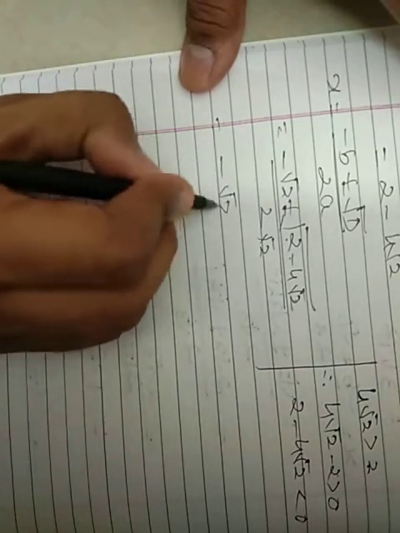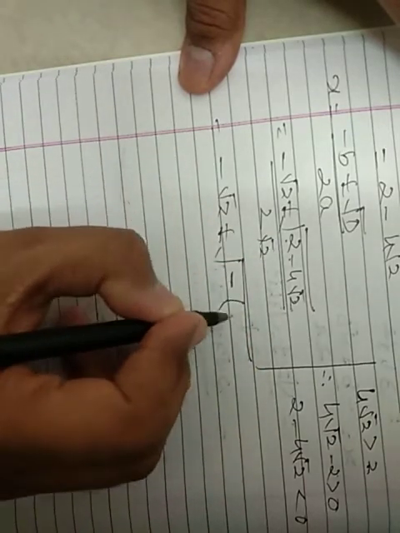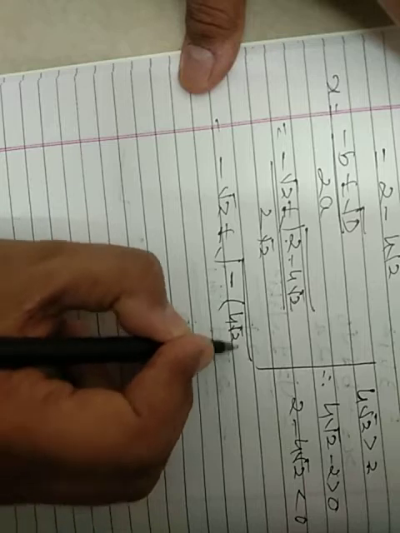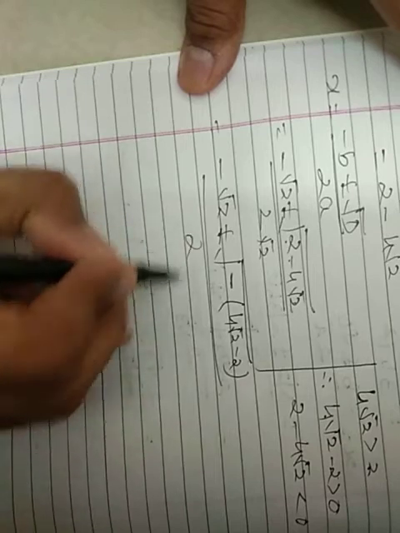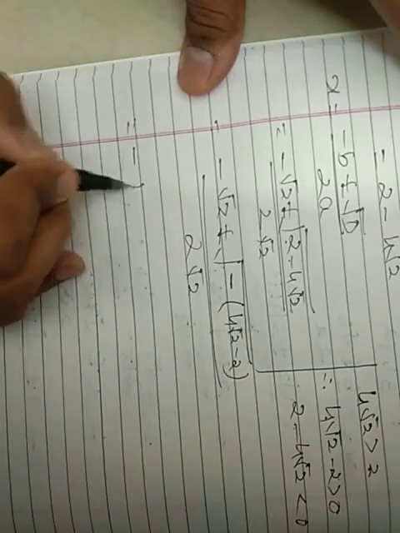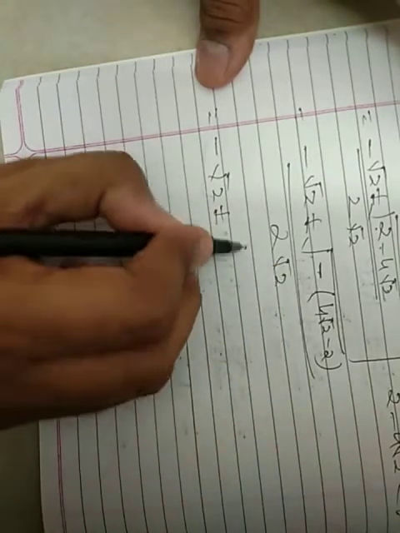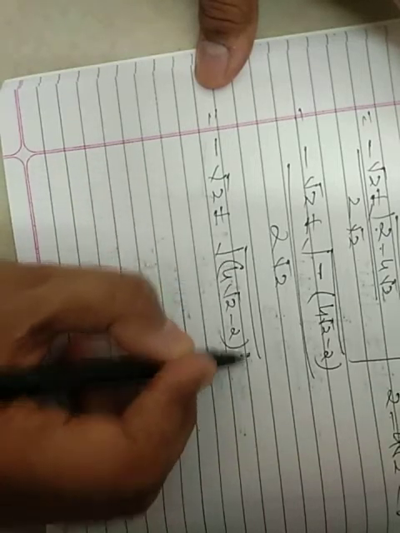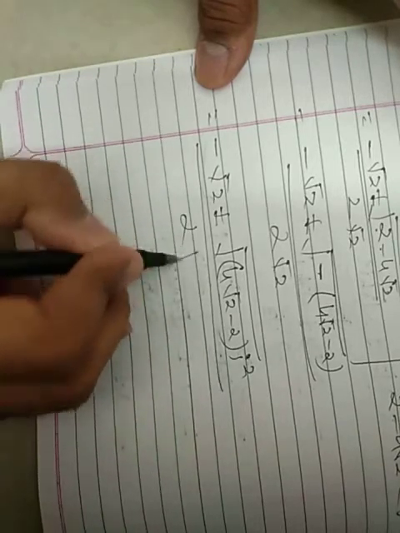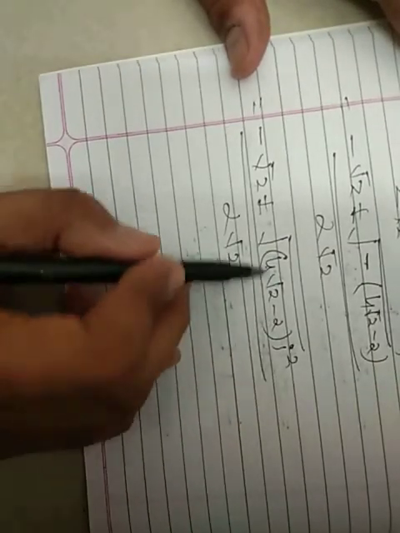Therefore minus root 2 plus or minus, let minus be common, minus of 4 root 2 minus 2, 4 root 2 minus 2 positive, upon 2 root 2. Okay, minus root 2 plus or minus, this is minus 1. Minus 1 is equal to i square. 4 root 2 minus 2 i square upon 2 root 2. Okay. Now let 2 be common here. Let 2 be common.